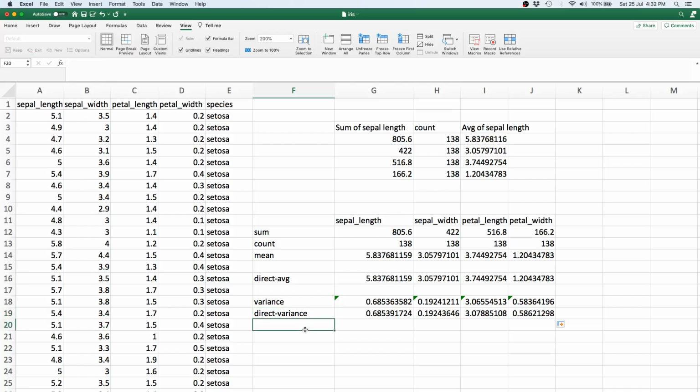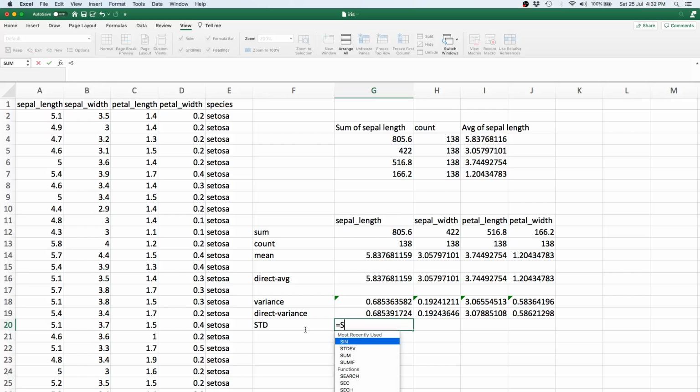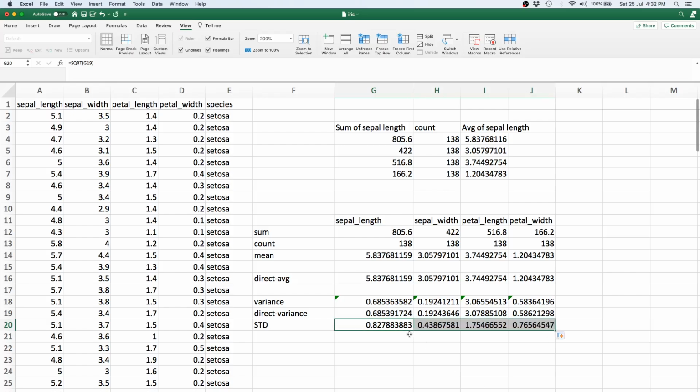The last thing that we need to consider is say the standard deviation. So let's just call it STD, and that would just be the square root of this, which we have known since the previous video. So we can just use another formula for taking the square root, which is SQRT, and then you just click the value for which you want to take the square root, or essentially fill in its cell number, and then you finish that. So that's basically the standard deviation. As usual, I can just drag that and there it is.